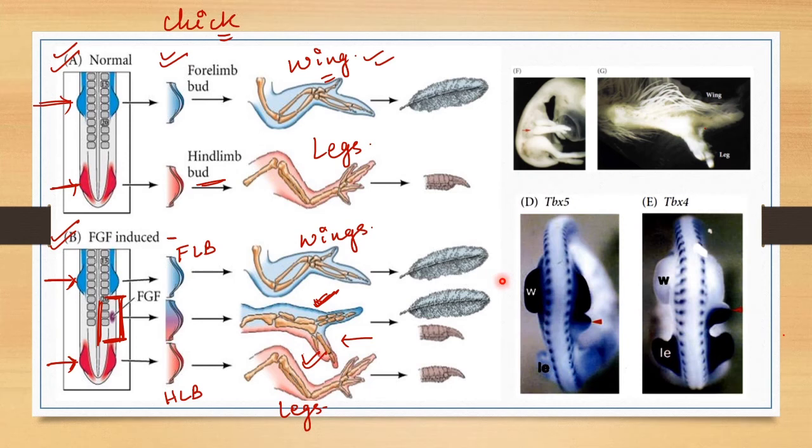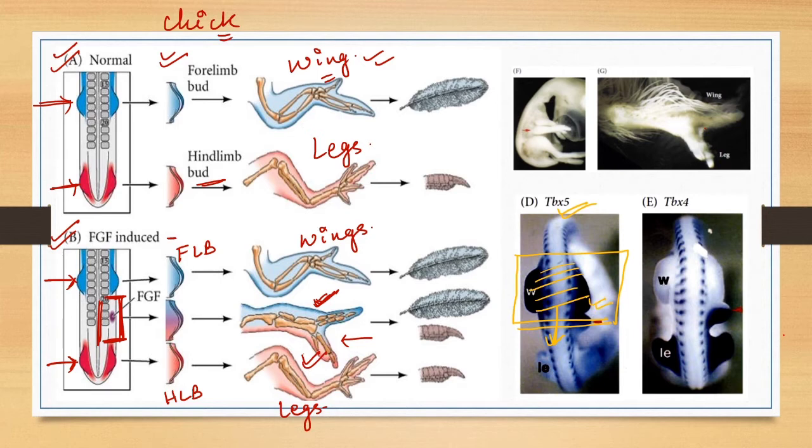And in further experiments, these factors were identified as the TBX5 gene in the forelimb field and the TBX4 gene in the hind limb field. So basically what happens is that the lateral plate mesoderm in the anterior portion of the body leads to secretion of the TBX5 gene, and the concentration of TBX5 is highest in the forelimb field, and as we move away from the forelimb field, these proteins diffuse. That is why the FGF induced limbs that are away from the forelimb field have less forelimb character.